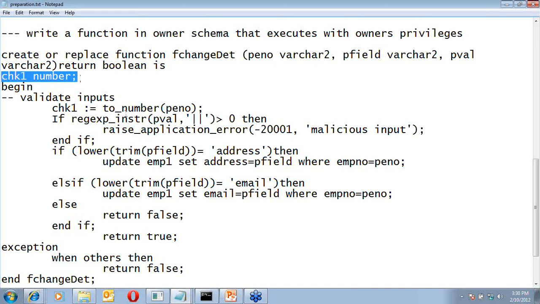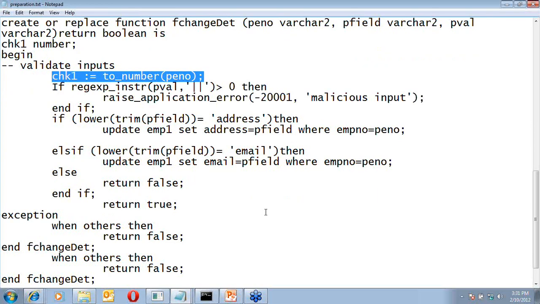Now if the hacker has put in some additional thing by concatenating, since it's a text field, like some additional command, or has put in the keyword OR and put in some condition which will always be true to bypass the where condition, then here itself it will give rise to an error, and in the error handling routine I'm just returning a false flag.